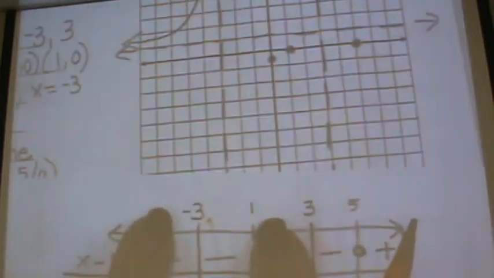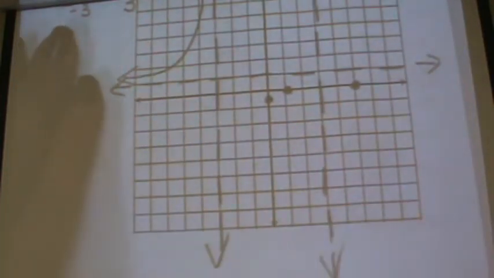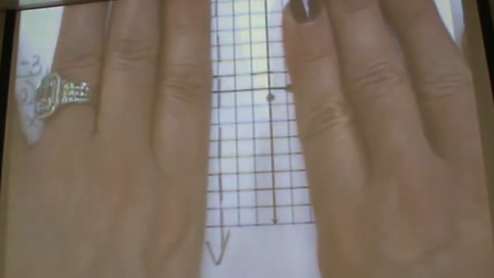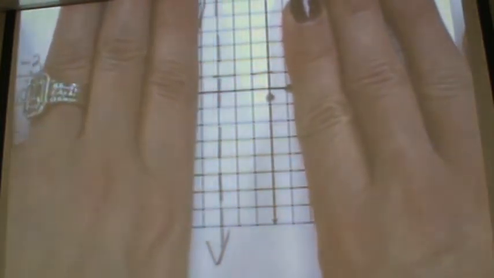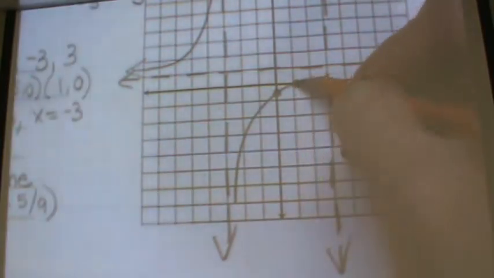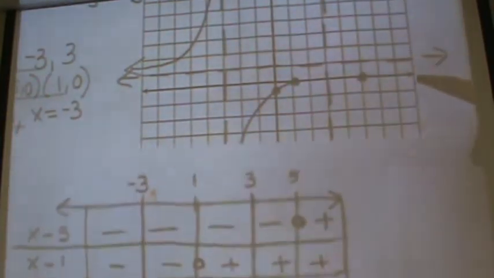Next. From -3 to 1. So give me where -3 to 1 is. It's right there. There's -3 and 1. What's happening? Something bad's happening. We're in the negative. So we're gonna be down here and here. We're still negative all the way up to that. We're gonna pick up that point. Then